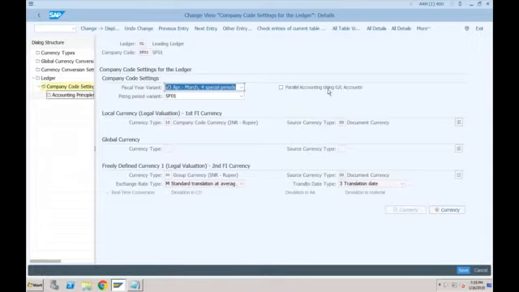But if you are not using parallel accounting using GL accounts, we are using parallel accounting using different ledgers, and that is the reason we are not ticking here. Now, who will tick here? Obviously, if more advanced features like ledgers are available, nobody would like to create the GLs, right? But I will tell you in which case customers will need this. The customers who are currently using classic GL accounting, very old customers, they are still not using new GL accounting, although new GL accounting is more than 13 years old.